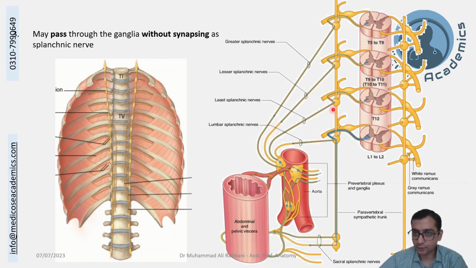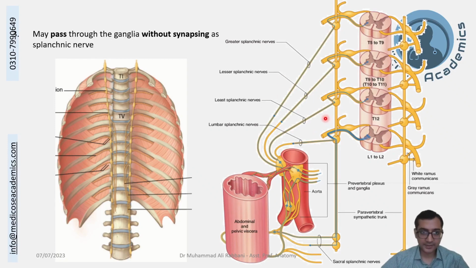So these are the splanchnic nerves. You must have remembered the root values. T5 to T9 form the greater splanchnic, T10 and T11 form the lesser, T12 forms the least, and L1 and L2 form the lumbar splanchnic. This is usually forgotten because we are so busy with greater, lesser, and least splanchnic that it goes to the